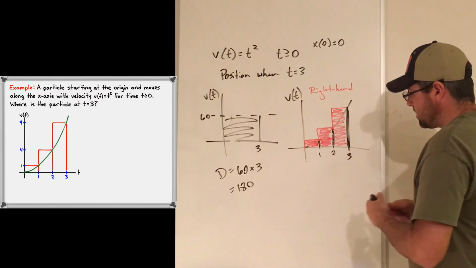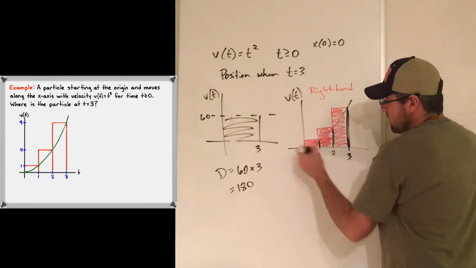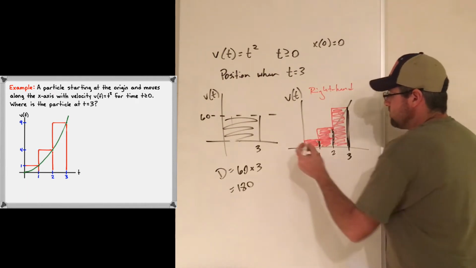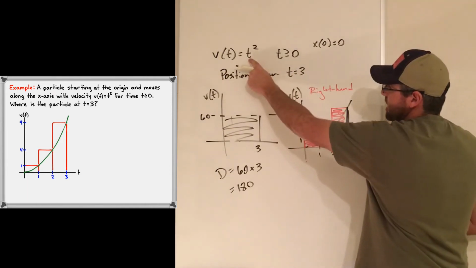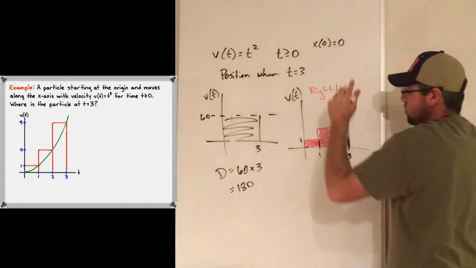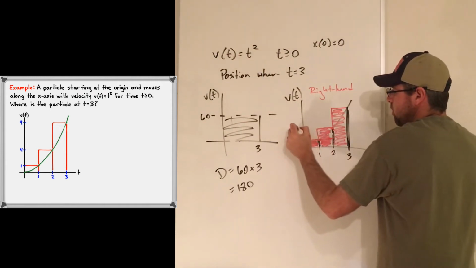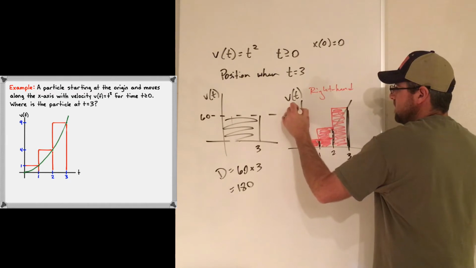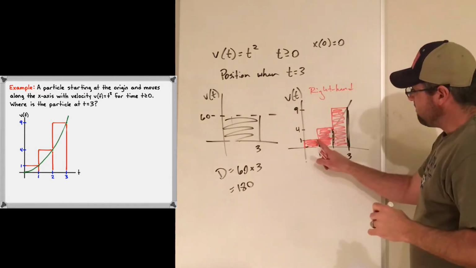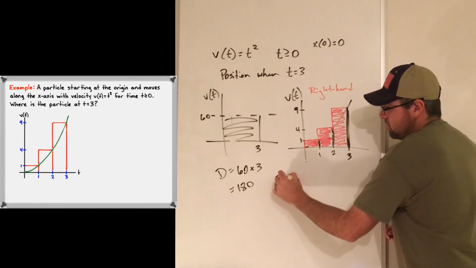So what I'm going to do is figure out these heights. Well, v of 1 is 1, because I'm plugging that in here, 1 squared. So v of 1 is 1. V of 2 is 4, and v of 3 is 9. So if I want my right hand approximation,